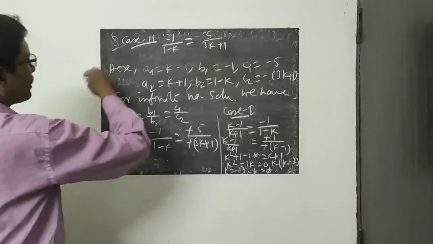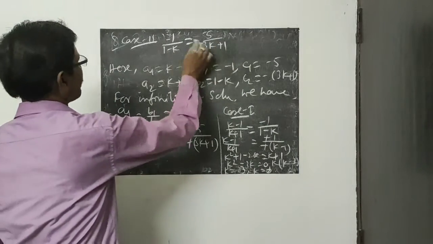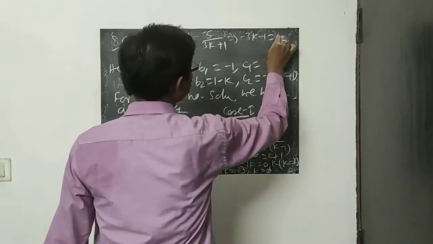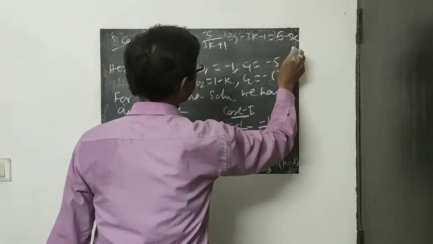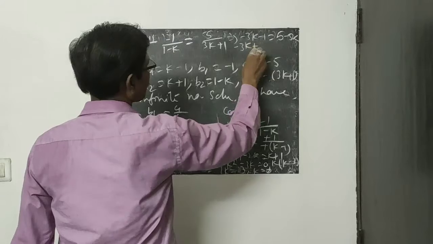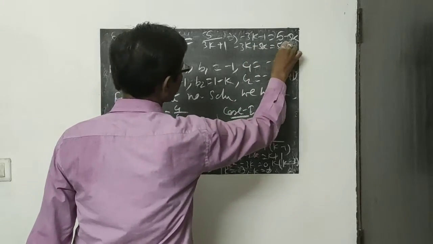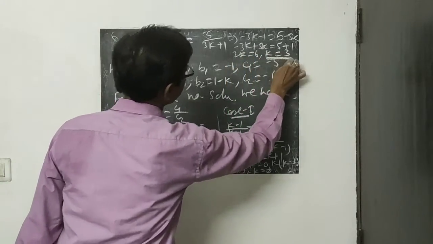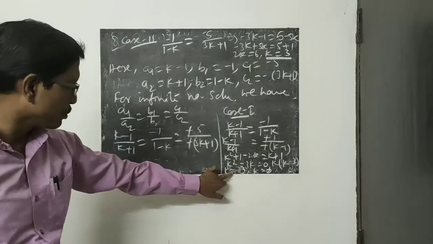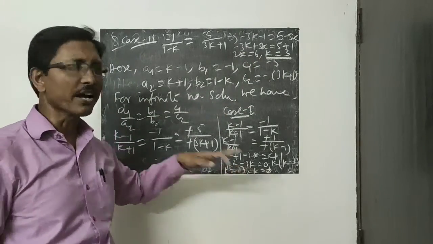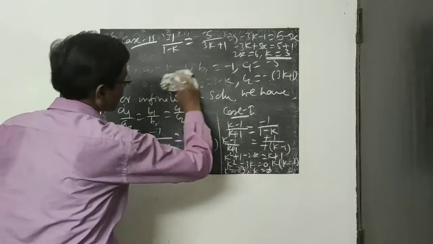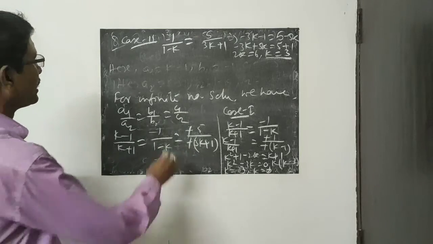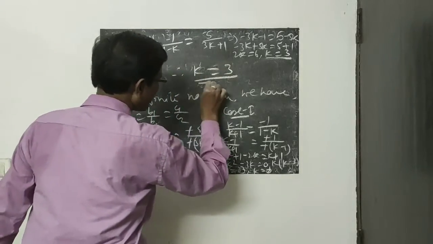3k plus 1. Do the cross multiplication: minus 3k minus 1 equal to 5 minus 5k. Only a linear equation, so take k together, plus 5k, and 5 minus 1 goes, so plus 1. It is coming 2k equal to 6 and k equal to 3. See, here k equal to 3, and there k equal to 3 and 0. So for infinite solution, the common value should be taken. Third one no need to take. If you take the third case also, then also you will get k equal to 3. Therefore the value of k should be 3.